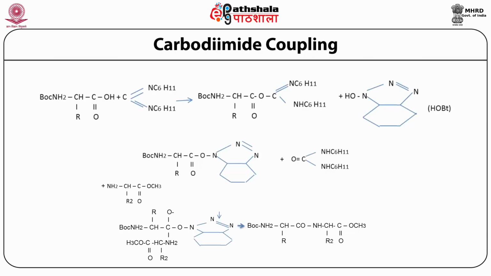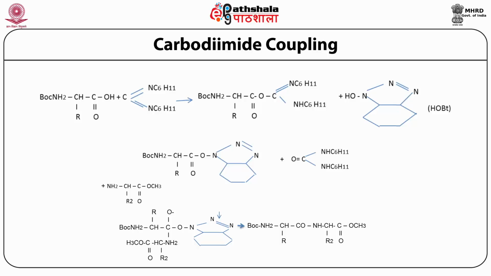Another mechanism of peptide synthesis is carbodiimide coupling. In this method, the Boc-protected amino acid, in which the amino group is protected, reacts with dicyclohexyl carbodiimide and activates the carboxylic group of the amino acid, forming an intermediate compound, which then reacts with HOBt to make the carboxylic group reactive, forming another intermediate compound and releasing